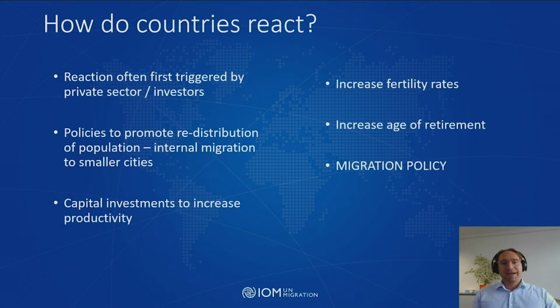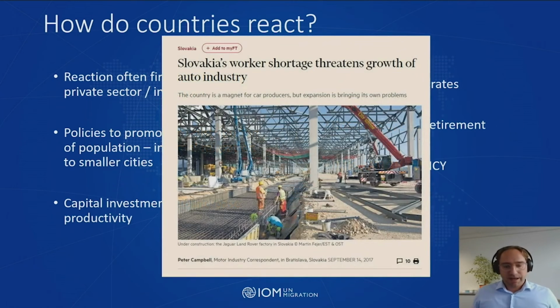Now, how do countries react? One of the first reactions we usually see is the development of policies to promote redistribution of the population. So looking at promoting internal migration away from the large cities towards smaller cities and smaller communities. Because the effects, as I said, are not felt on a national basis, this sort of redistribution internally is seen as an ideal way of addressing these challenges. And there are a variety of ways that